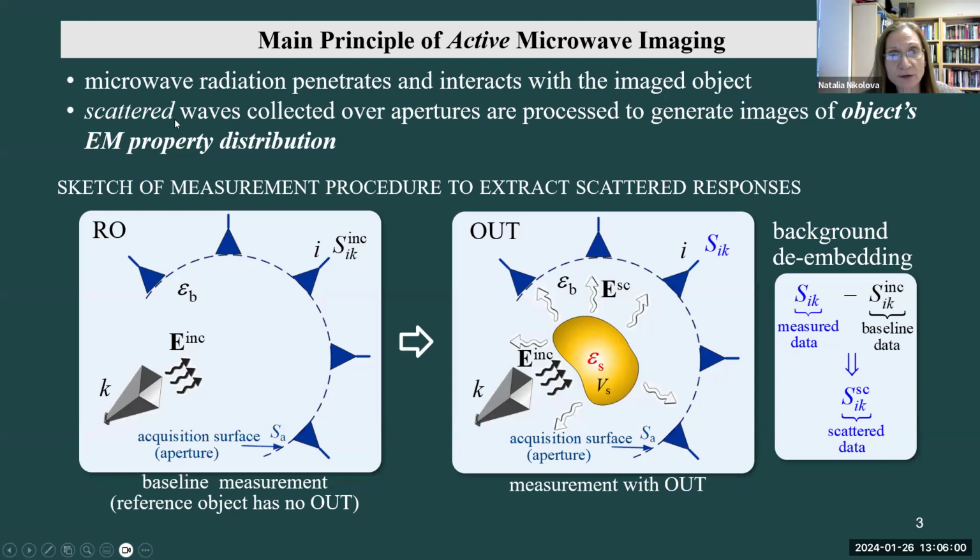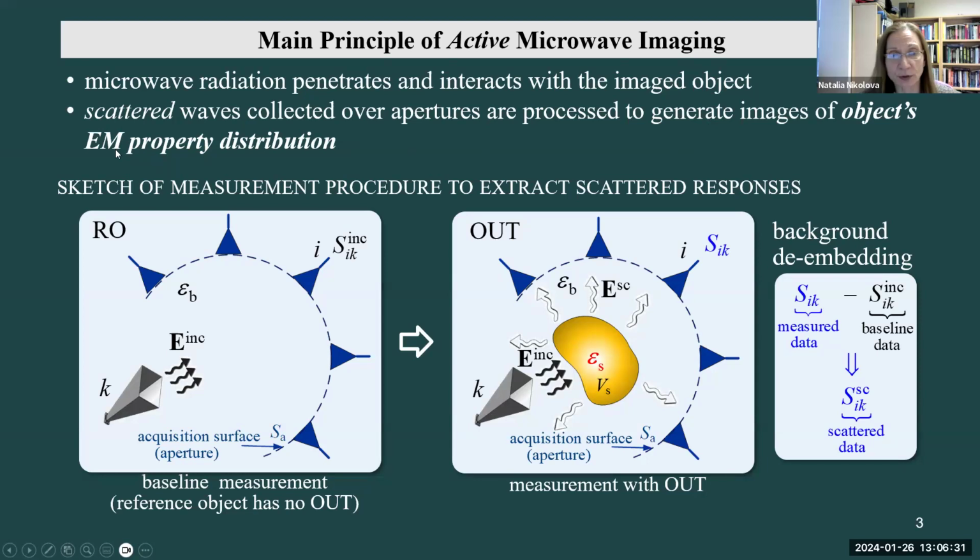As long as the scattered waves make it out of the imaged object, and if we can collect them, typically with antennas over very large apertures that are electrically on the order of several, even tens and hundreds of wavelengths, then we can process the so collected scattered data and generate, using image reconstruction algorithms,